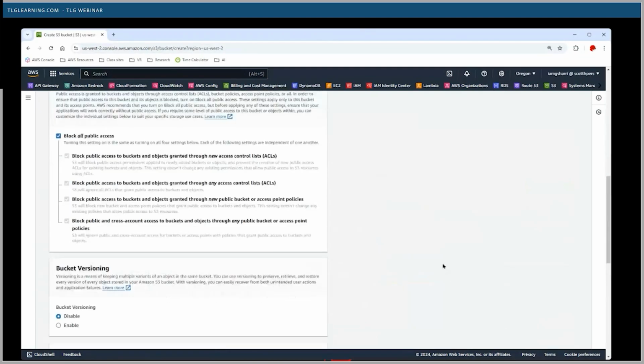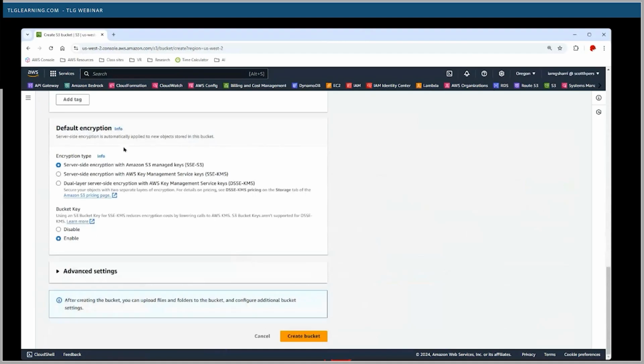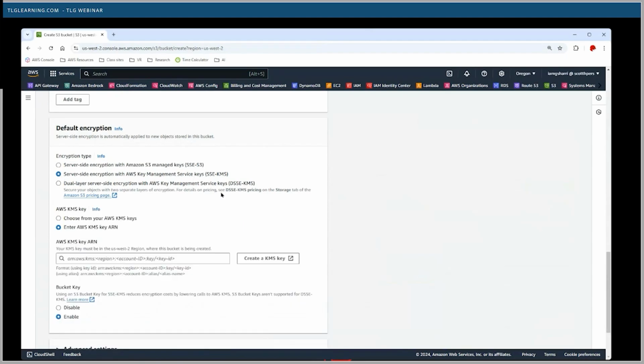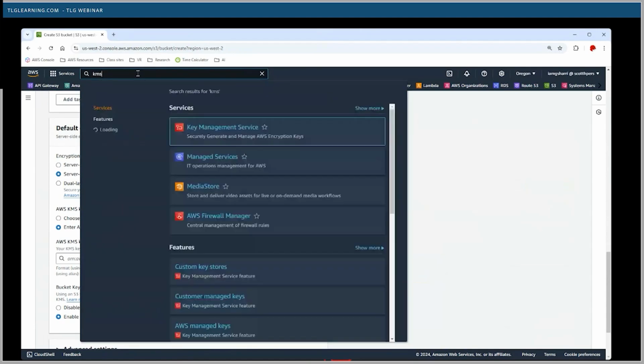So when I'm creating a new S3 bucket, if I scroll down, you'll see, oh, there's the encryption. And the simplest way I could do this is just use the server-side encryption. S3 has keys that it can use. S3 would take care of managing the keys that are used for the encryption. You don't have to worry about that at all. But then there's another option, server-side encryption with key management service, KMS, in which case, oh, now I have to select a key. So this is a separate service. This is key management service, KMS, where if I wanted to manage the keys myself,